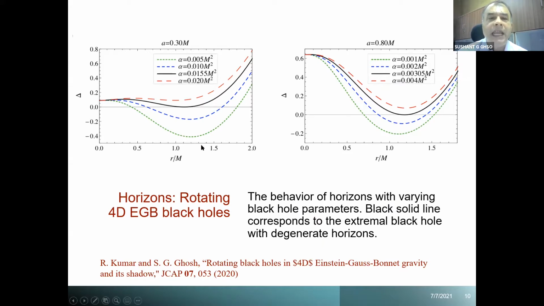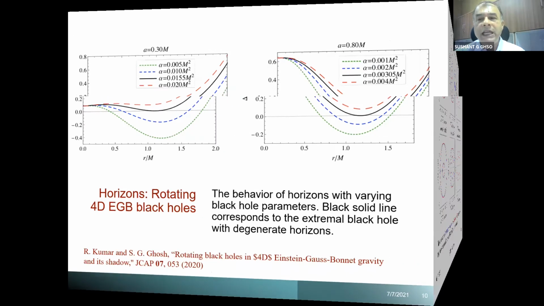So we analyze the horizon. You can see the green line corresponds to the Kerr case. It is below the green line, the Kerr case. So the horizon radius decreases. I have not shown the Kerr case here, but it is below. So the horizon radius is decreasing, and for a given parameter, we can find an extremal value of alpha, for which if the value is greater, then you have no black hole, or a black hole with two horizons, Cauchy and event horizon. So this is the behavior of the horizon. Because the horizon radius reduces, the shadow size will also be reduced. That we'll see in detail later.